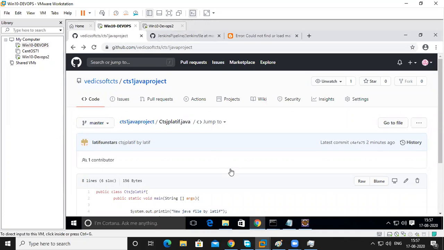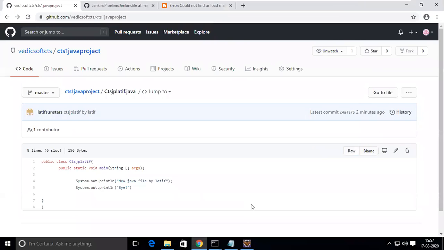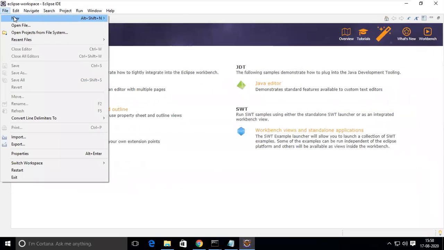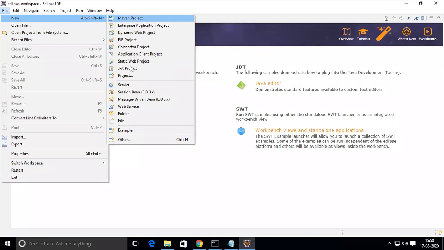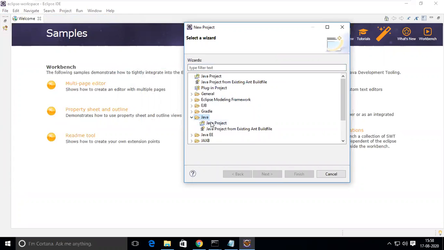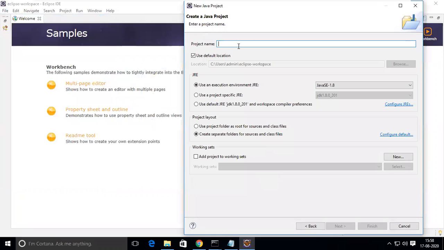Of course, Jenkins I will cover tomorrow, but today I want to show you a few things. Okay, this is Eclipse. I want to create a new project. I think I didn't create any project. So I want to create a new project, not any other project, just a new project. A Java simple project I want to create. I don't want to create anything else. Java simple project. Next, I want to give a name for the project.